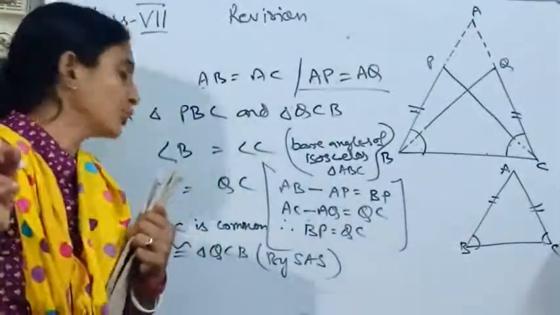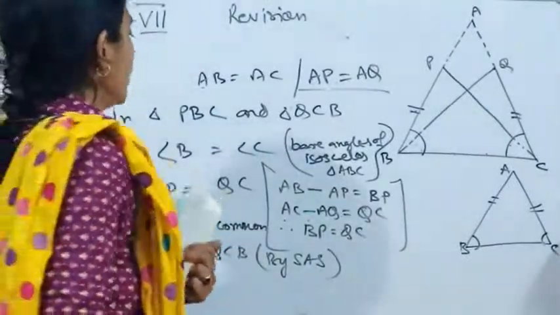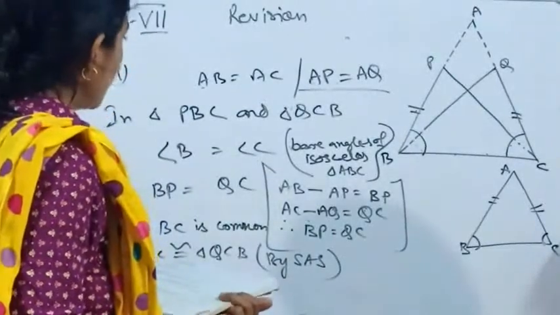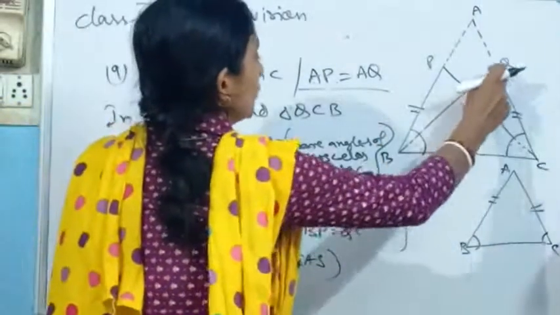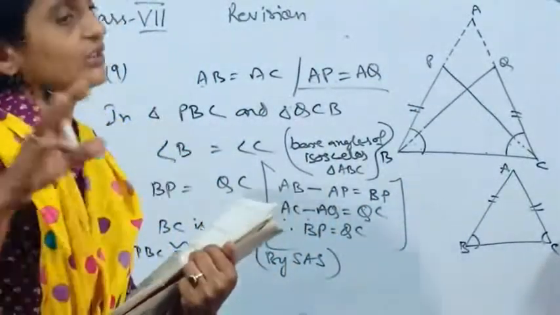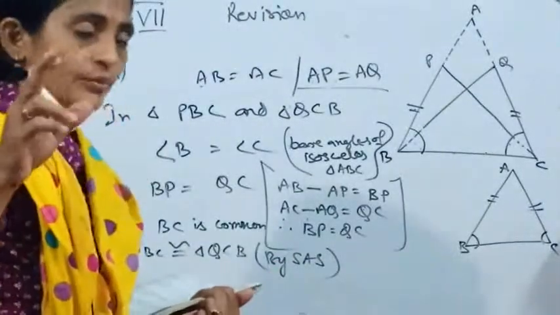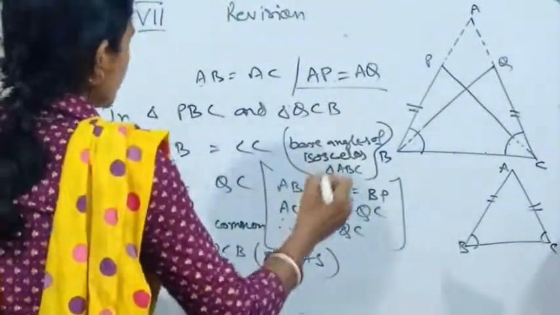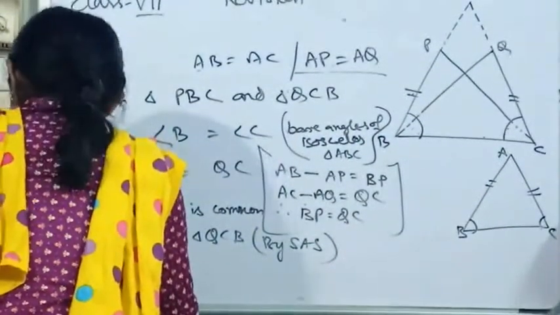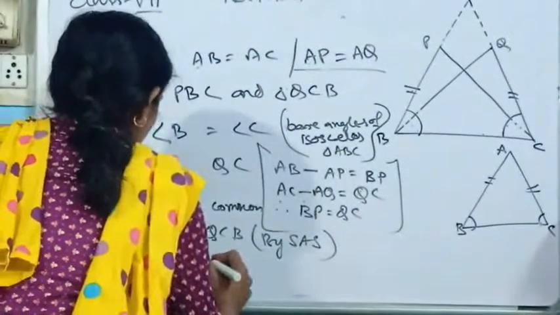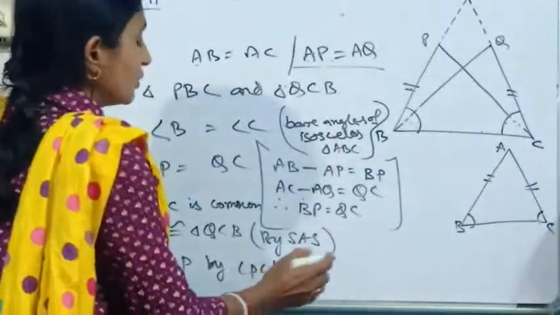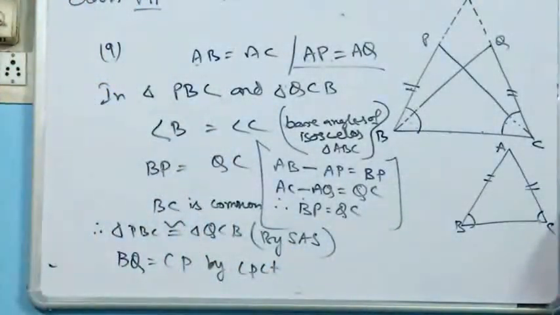Yes. So when we have proved two triangles are congruent, now it will be easier to put that, as you have asked, BQ equal to CP. What is it? This is the other third side of this triangle. When these two triangles are congruent, it is okay to write that yes, the third sides definitely will be equal. So here we can write BQ equal to CP by what? By CPCT. These are the corresponding parts of the congruent triangles. Let's try to solve the questions given.